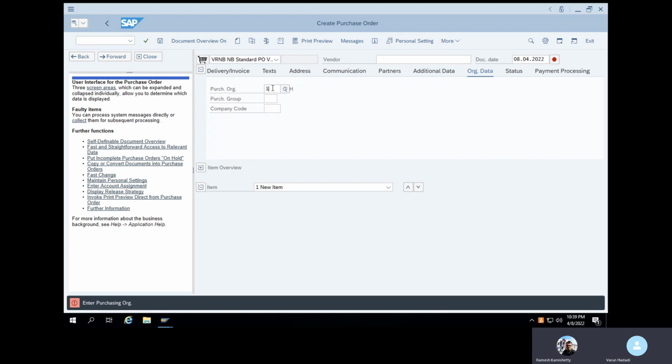So enter purchase organization 1000. Now click on the shopping cart. It's asking for a vendor. Close this one, close the left side. Enter the vendor, DHL 123 or something. You can press space bar also.